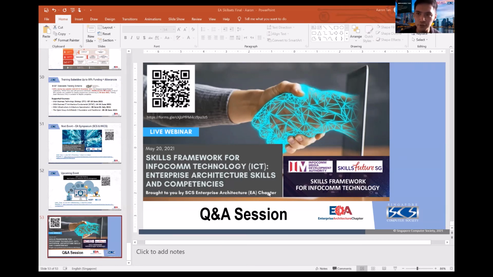So I guess with the skills framework, our intention is to use it as a starting point based on what is commonly understood across the industry. But for certain organizations where the lines might not be so clear, or job roles might not be so clear-cut, I think it would be useful for you to contextualize to see what roles are relevant to your organization. You can even combine, mix and match, or subtract based on whatever your organization needs. So what the skills framework brings of value is a baseline, and then from there you add on or subtract based on whatever you feel is useful to your organization or your role.